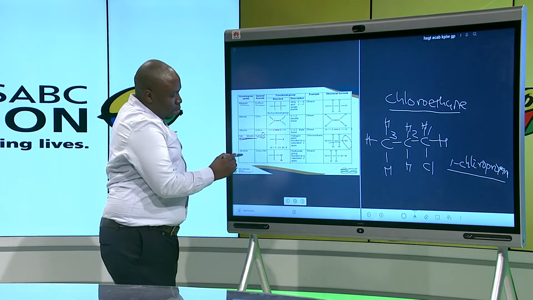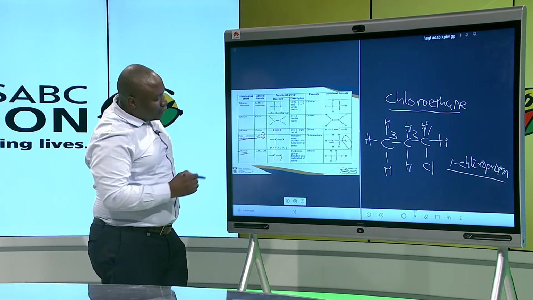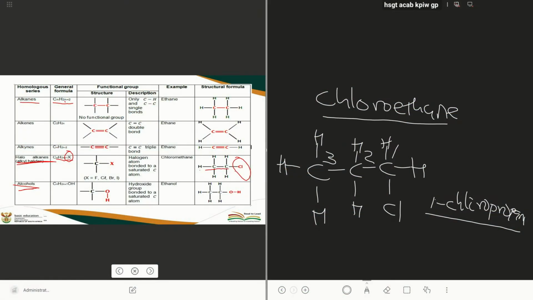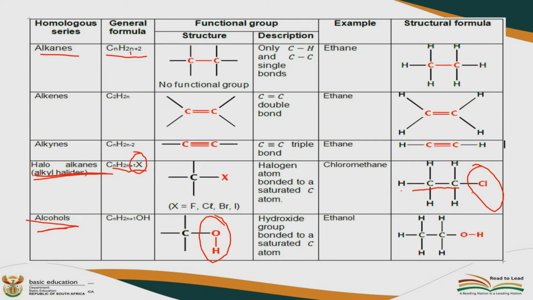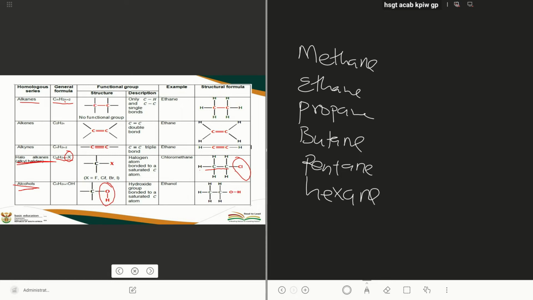Now, our next functional group is what we refer to as alcohols. Under alcohols, we are replacing a hydrogen with an OH. So the name ending now changes. Remember, we have methane, ethane, propane, butane, pentane, and hexane. Remember, you were having those 6. So now, when we replace one hydrogen with an OH, the name now becomes